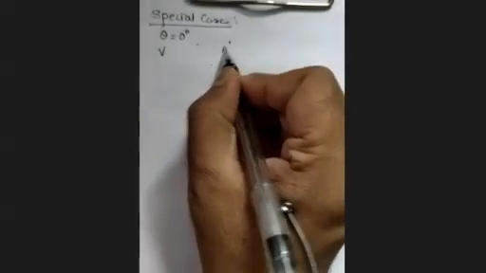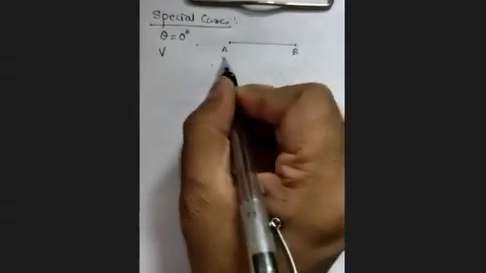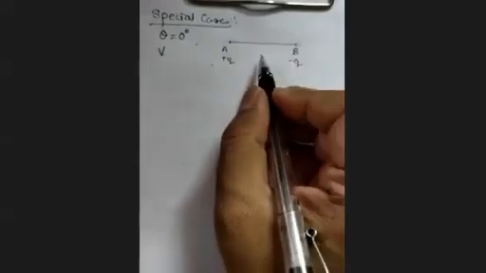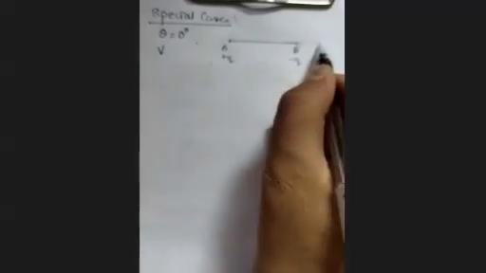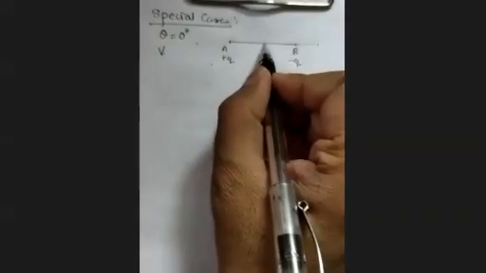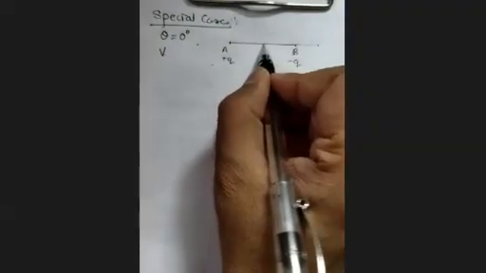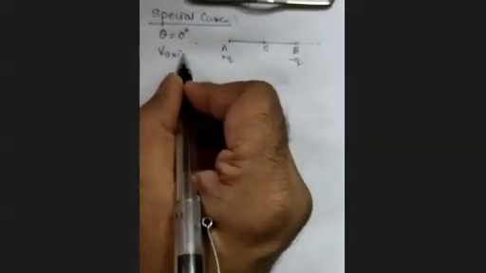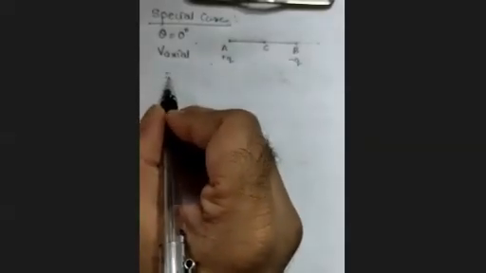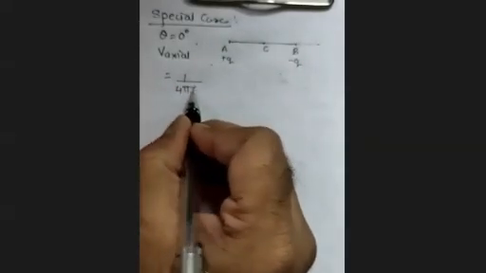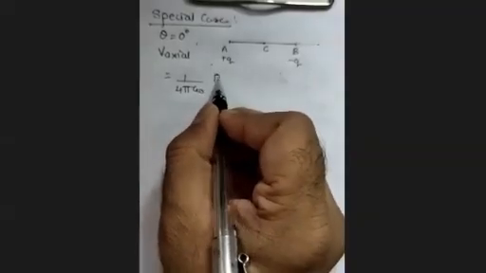If cos theta is equal to 0, then the potential is 0. That means we have A and B, where one is a positive charge and this is a negative charge. And if theta is 0, that means the point C lies on the axis only, somewhere on the line itself. So if it lies on the axis only, meaning it is not far from here, it has come on the line, only then will theta be 0. So our V on axis will be equal to 1/4 pi epsilon naught P upon R square